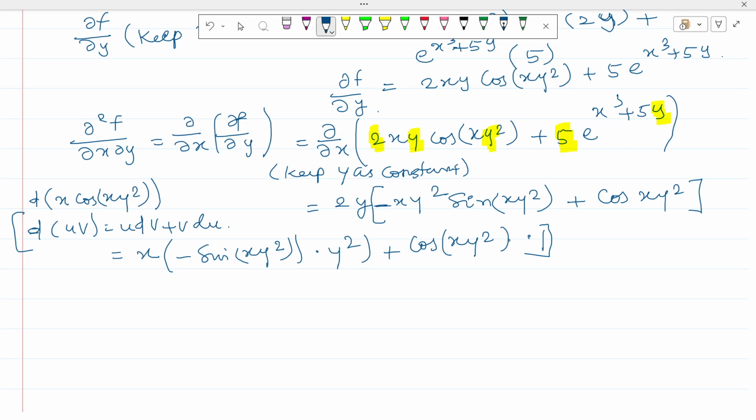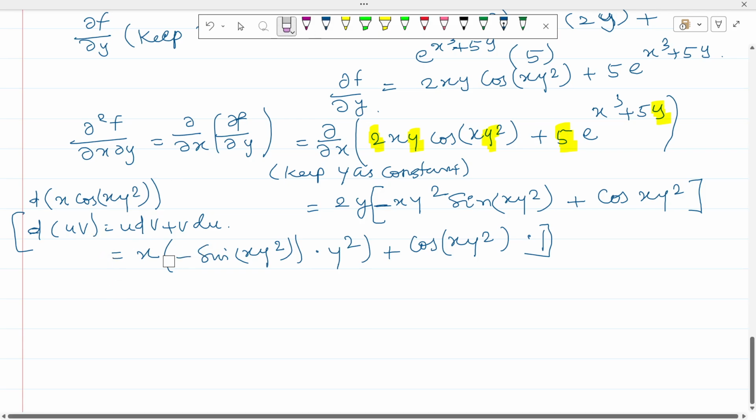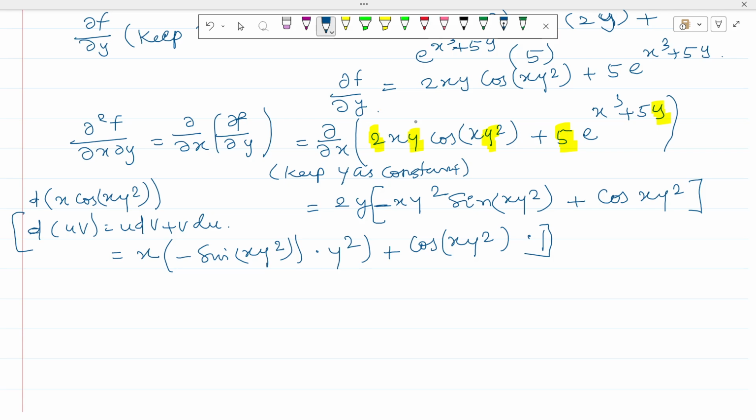It is only one term is over. So I am writing that separately how you are getting this. One more term I need to write now here, plus 5 into e power x cube plus 5y. So this, if you are differentiating that, you will get that